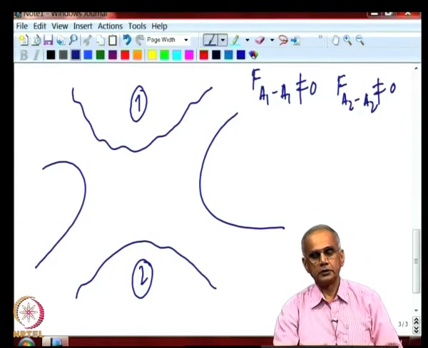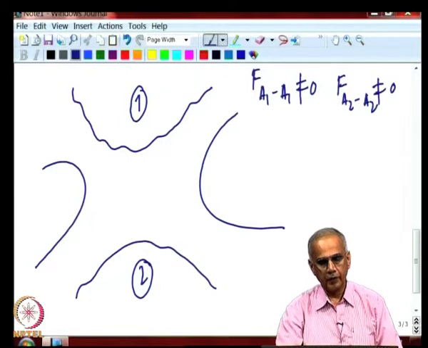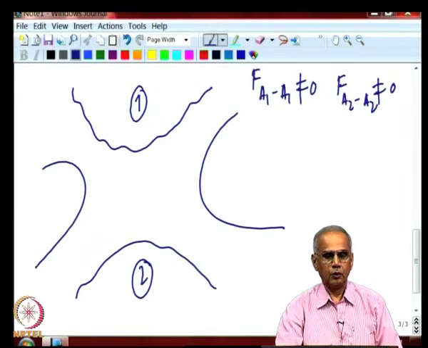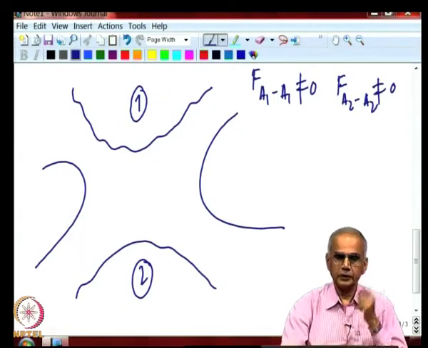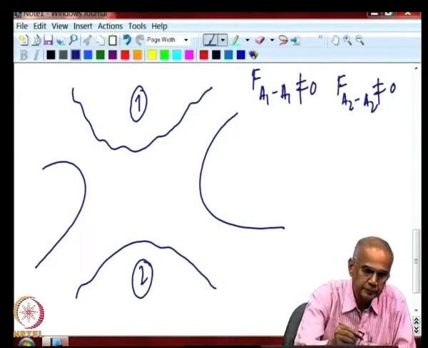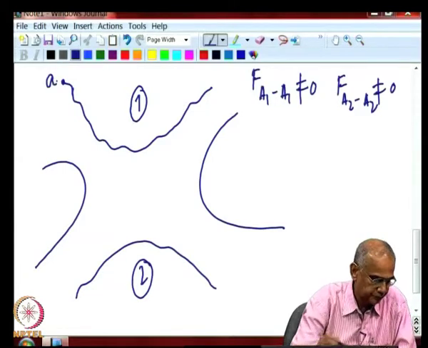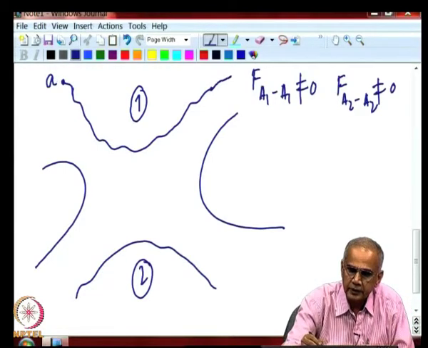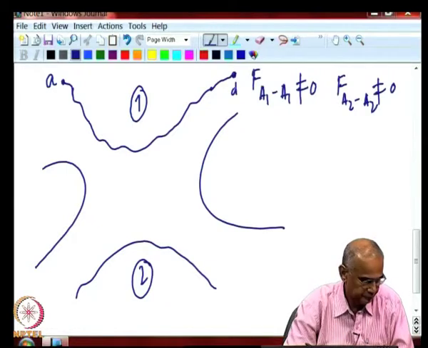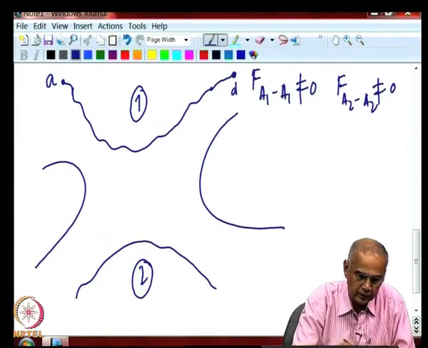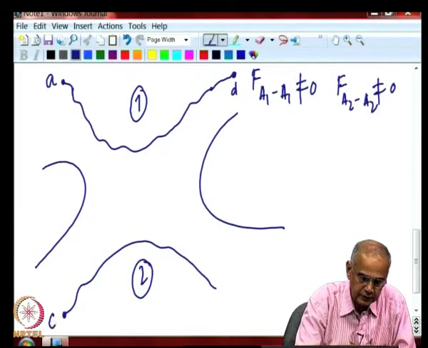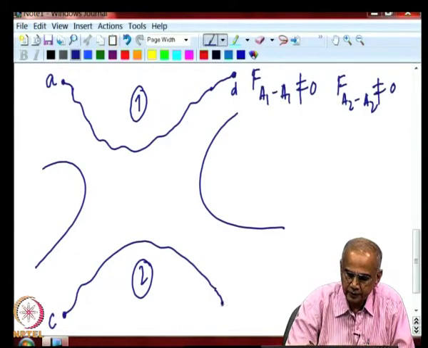So, the solution suggested by Professor Hottel of MIT was to create two triangular enclosures within this one. How do you do that? So, let us take the edge of this surface, let us say that is A, the other edge let us say is D, and let us say the edge here is C and the edge here is F. Okay.